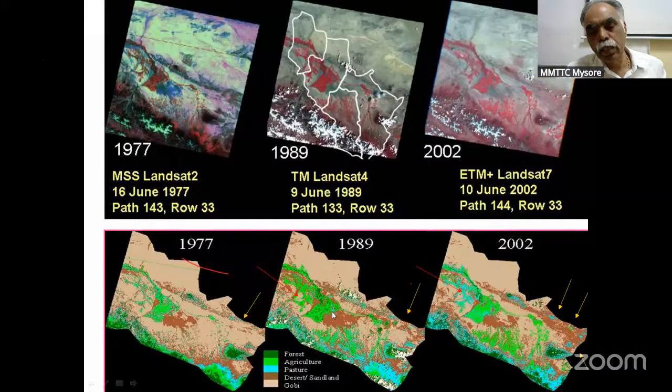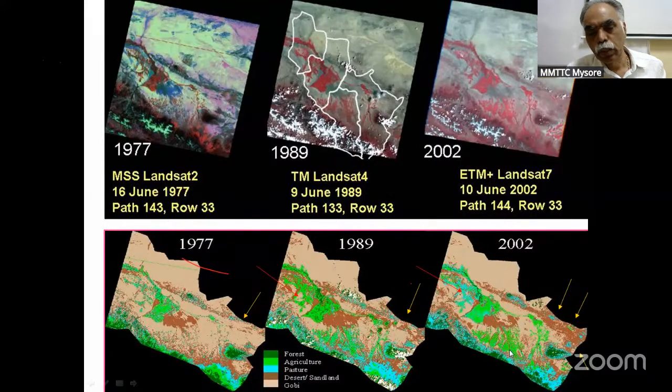So some of the agricultural land has increased. You can find here there is not that much agricultural land, whereas later we find the agricultural land has increased, and we can see the desert land has also increased here, with many patches of desert. So it is very good information about what changes have taken place between 1977 and 1989,